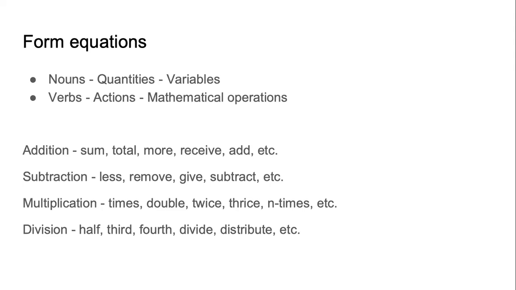And from there, we have to form equations which will have some variables and operations: addition, subtraction, multiplication, division. Now, the trick is, we need to identify those variables and we need to identify what mathematical operations to carry out. And that can be easily done if we understand that variables are usually nouns. Nouns turn into variables. And which nouns? The nouns that refer to quantities.